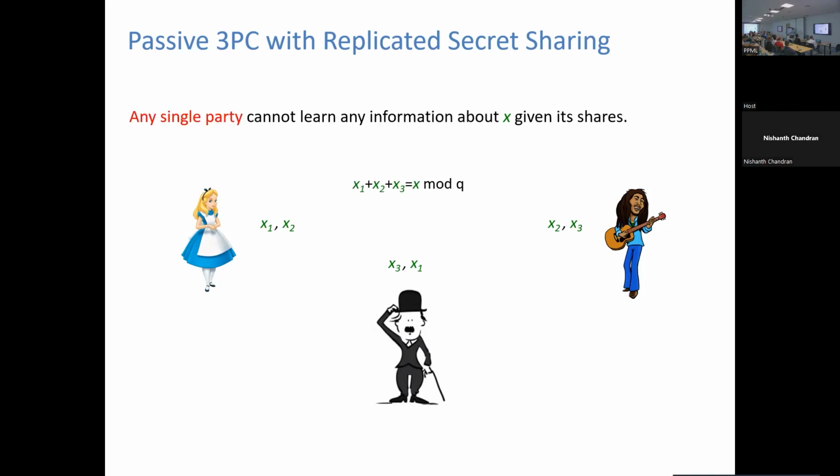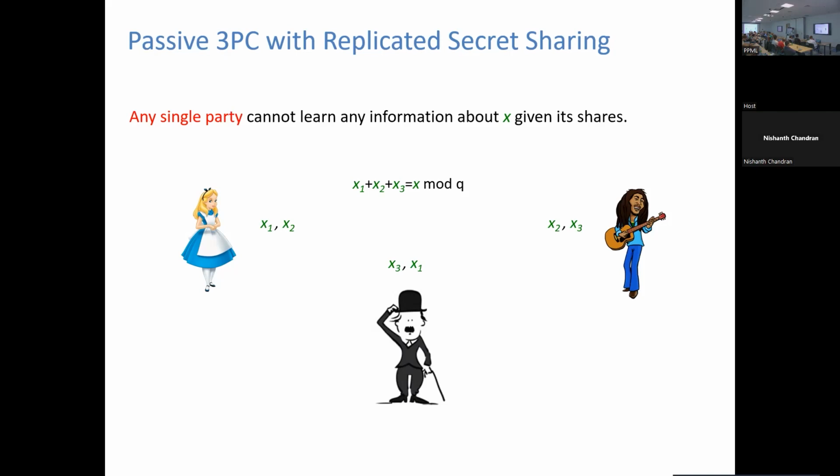What is the cool thing about it? In the scenario that I was presenting yesterday, we had the guarantee that no proper subset of the parties can learn any information about the original value. Here, that's not the case anymore. If Alice and Bob collaborate, for instance, then they have all the shares.